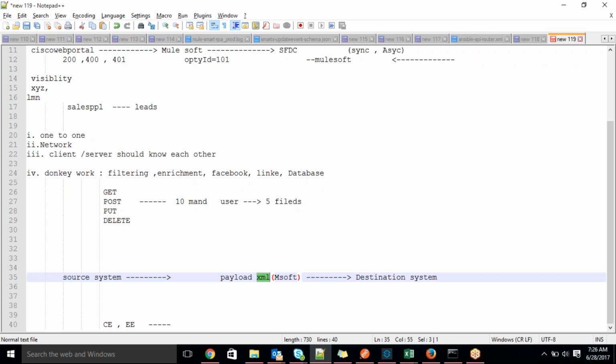Using whatever technology you are familiar with, you drag and drop that particular transformer and write the code in it, guys. Apart from that, all the connectors and transformers are already available. If in the worst case the client asks for more customization, only then we go and write a piece of code.